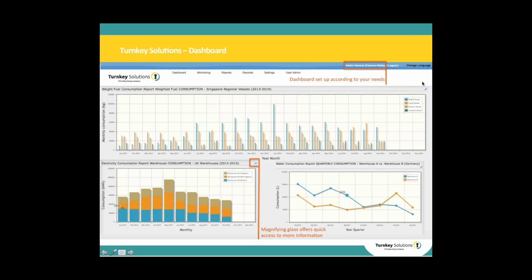Great. So yeah, as Joe said, it's about better and more detailed reporting. But I can imagine that the first time you're reading about scope 2 changes, you would think, okay, another change, more work. I can imagine that, and I would like to show you with this presentation about the Turnkey Solutions software, how easy it actually can be to monitor both the location and the market-based, and be able to use that in your CSR reporting, your management reporting, to actually show not only the changes you make in the reduction of electricity,